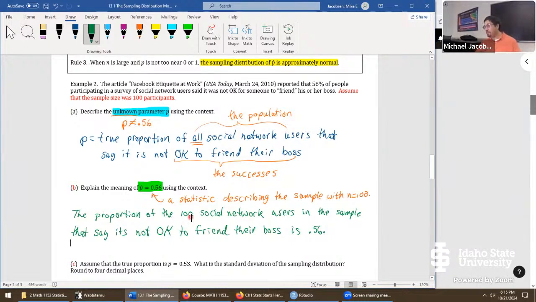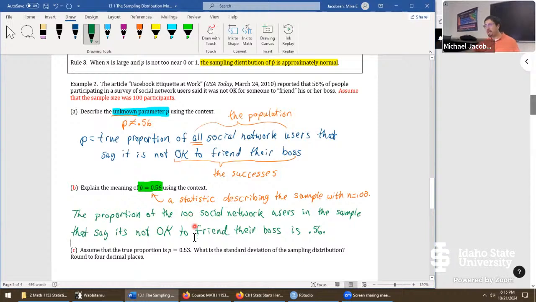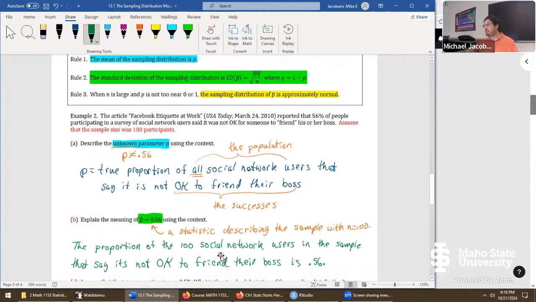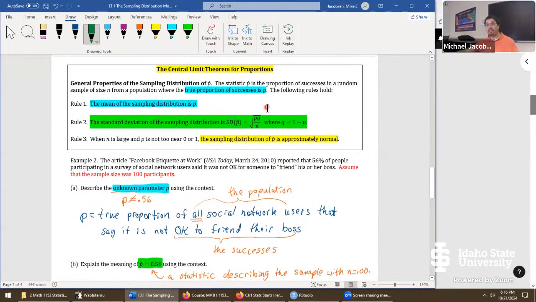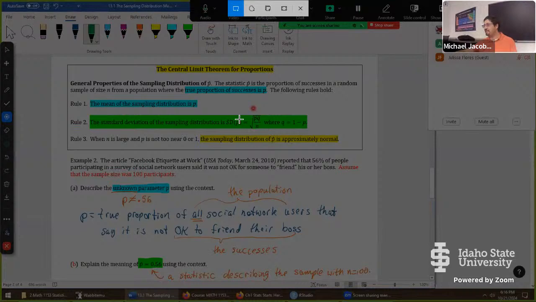Okay, after getting beyond that part, we'll go back to this statement. Assume that the true proportion really is 0.53. Again, it's just an assumption, so we can calculate something. We now want to know what is the standard deviation of the sampling distribution, and we'll round that to 4 decimal places. This becomes a full-on central limit theorem question. The sampling distribution has that as its standard deviation. So let's write that out right down below, or let's maybe just do a screenshot that does the job.